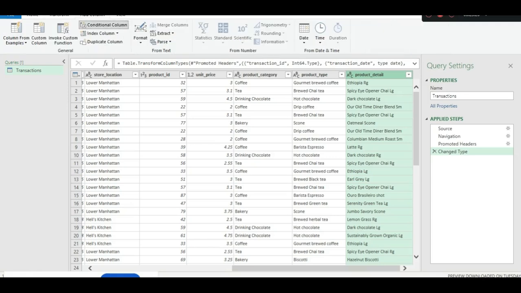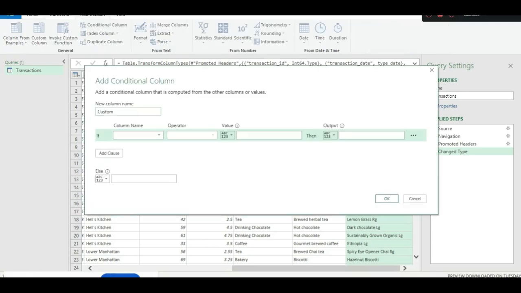Add Column, Conditional Column. Then here we mention the column name, the separate column we are creating. We'll name it size. Here we select the column name. What does it contain? It contains